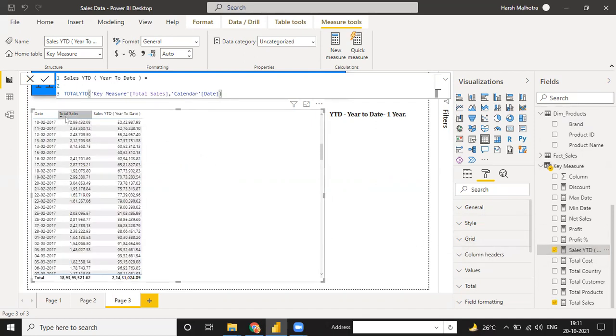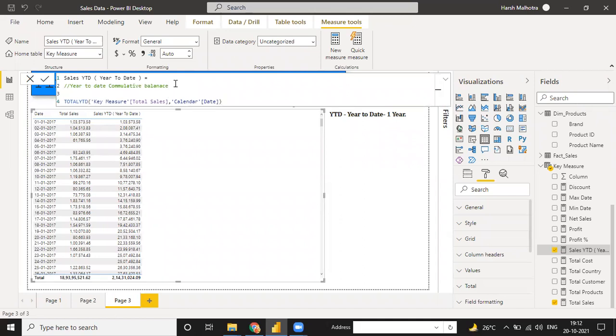What is the difference, guys, in sales YTD? See, when you select 1/1/2017, the sales would be 103,573.58. The first date is the same. But when you go to the second, it will give you the total of these two. When you total these two, 103,573 and 104,513, the total is 208. It is a cumulative balance. So I can just write it here as, what is this function? Year to date cumulative balance.